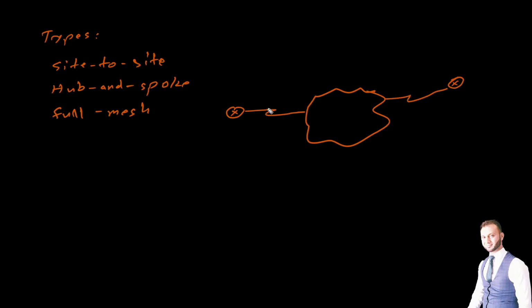So if I am making a site to site VPN between site A and site B, this is called site to site. And if I have two or more sites, and let's say, assuming that this is my headquarter HQ and this is my hub, and all the sites are connected to my hub, in that case we call this point to multipoint or site to multi-site or hub